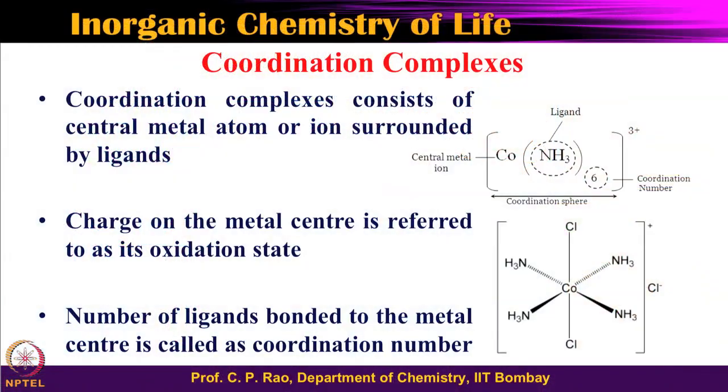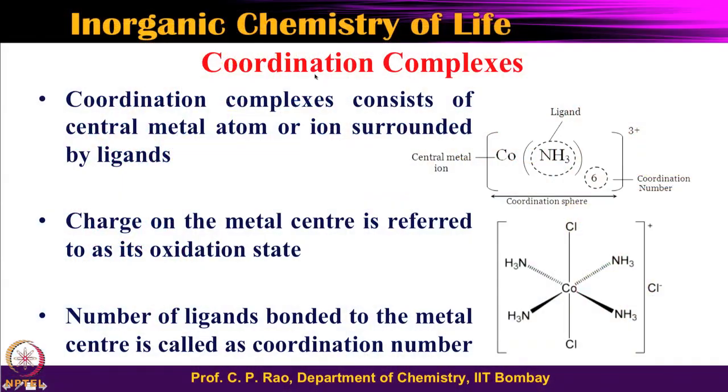So, in this particular class, let us look at some coordination characteristics of these. The reason is that you are going to look at the metalloenzyme, a part of the metalloenzyme which is in the vicinity of the metal center, as the coordination complex. Therefore, it becomes essential for us to look at a few details. I am sure most of you, even those who have studied chemistry at the 12th level, must have studied certain coordination chemistry aspects, but nevertheless this discussion will give you a recapitulation of what a coordination complex is, and the things that we need to remember in order to understand metalloenzymes and metalloproteins.